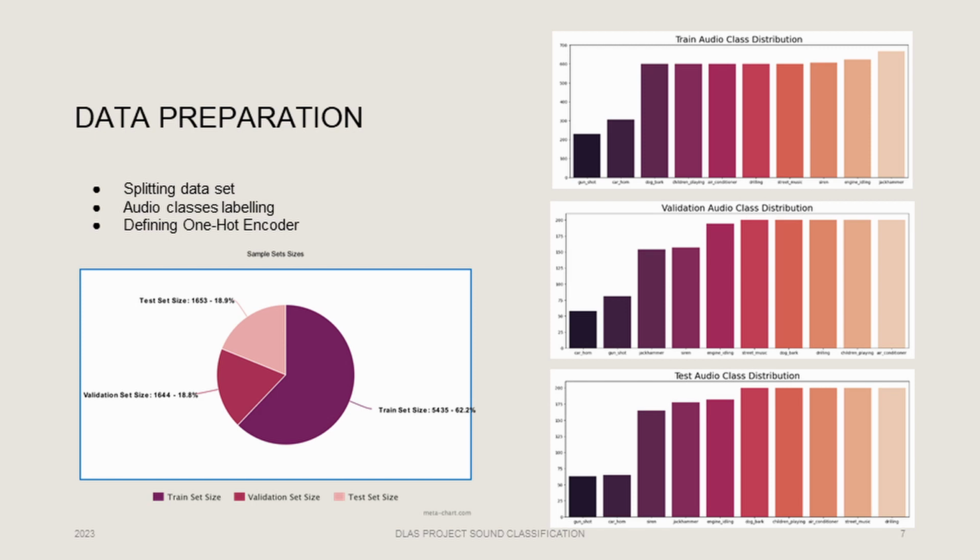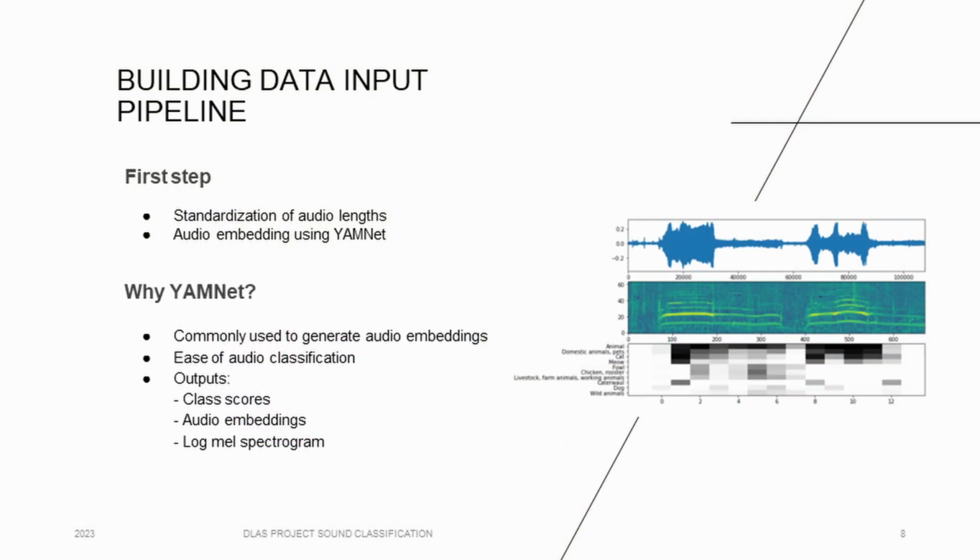The last step of the data preparation is the definition of the one-hot encoder. A one-hot encoder represents categorical data that converts each class into a binary vector, with the position corresponding to the actual class set to 1, while the other positions are 0. One-hot encoding the class labels for the training, validation, and test datasets will be useful for the creation of the input data pipeline. For the development of this work, two very important factors have been taken into account: execution speed